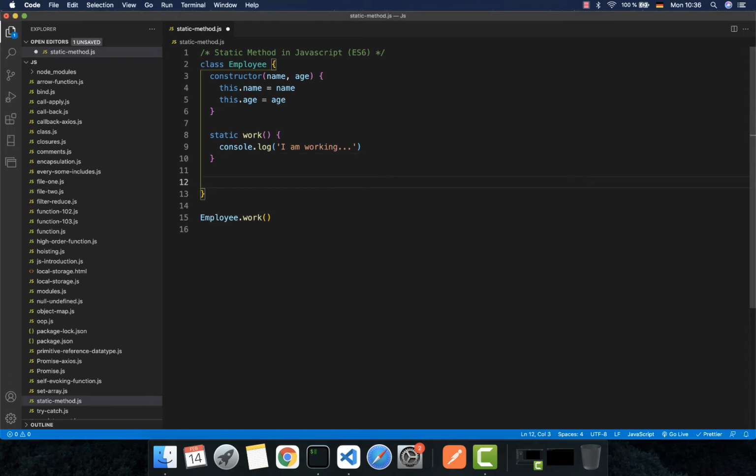And we use static method to create helper or some utility. For example, here I have 3 employees, so we declare it like this: let myEmployees, and it is an array, so we will have new Employee and his name is John Doe and he is